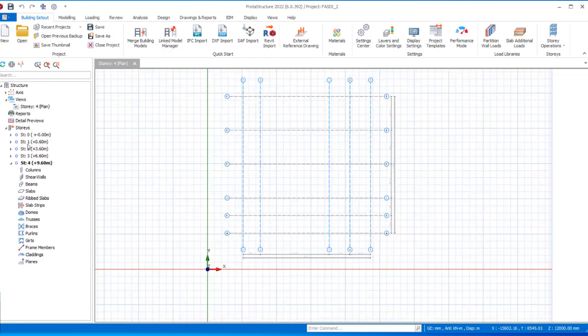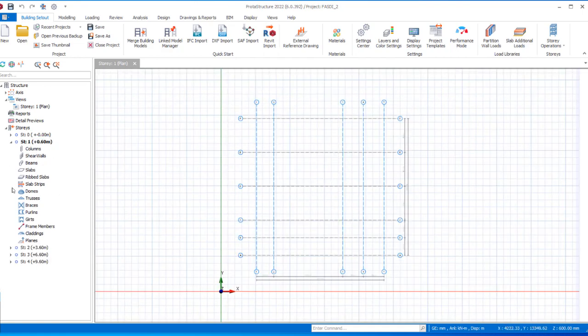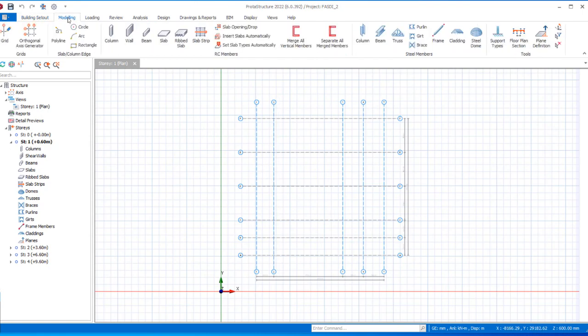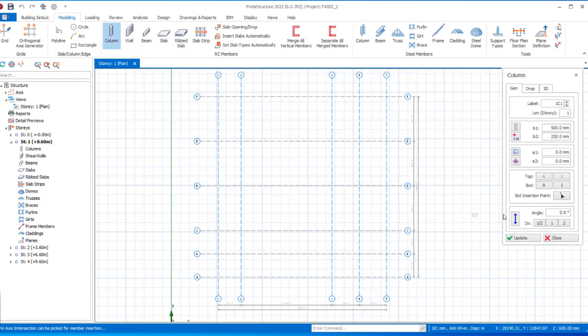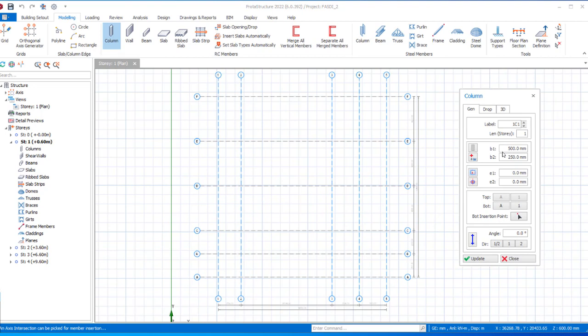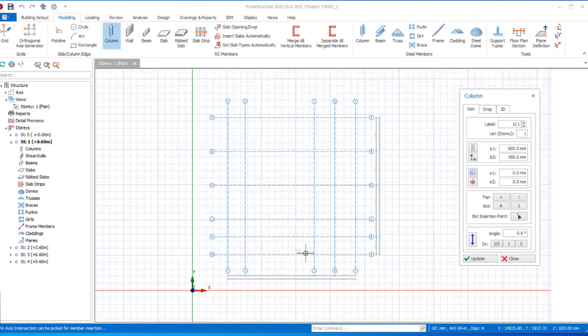So we navigate at first to story 1. We'll go to the modeling tab and click on the columns. So in the column dialog, we will be considering this reinforced concrete column. The column section we will be considering is 600 by 450, just like this. After which we are going to place our columns, drawing a line. So I can do a line from this point all the way to this point